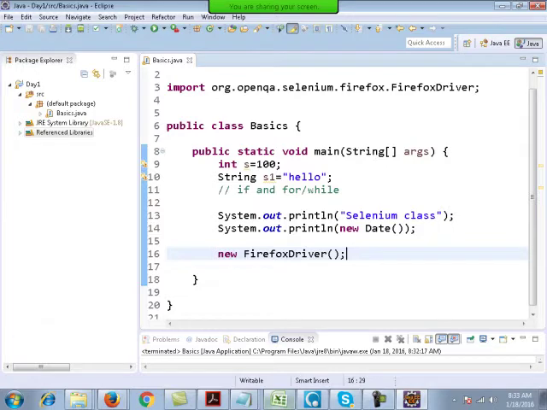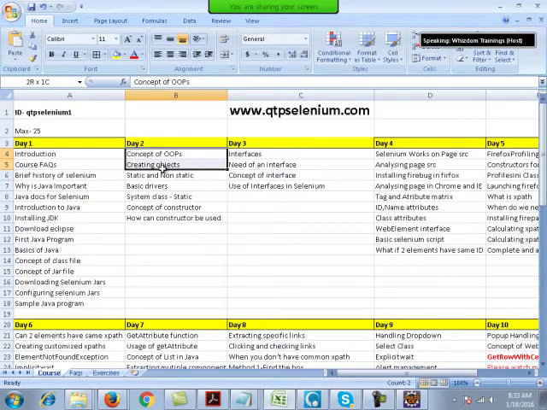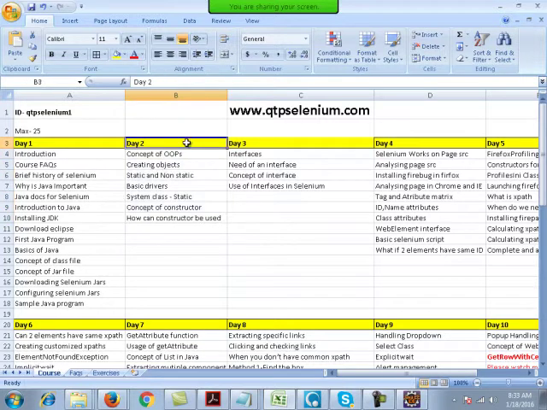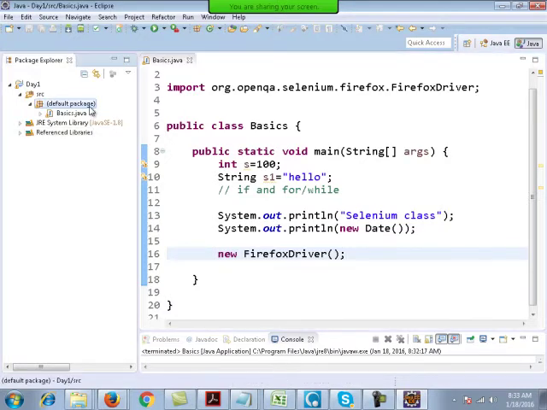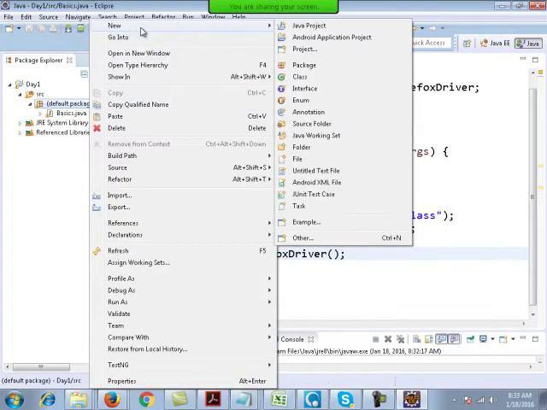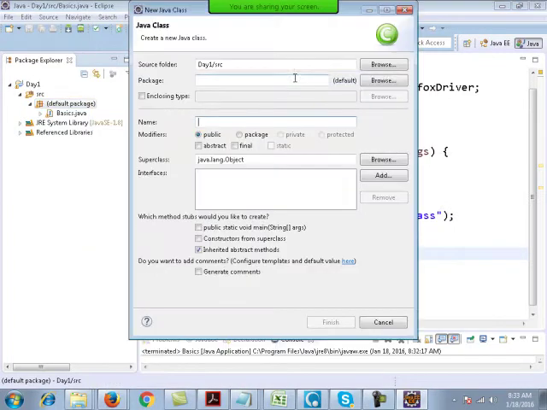So our focus now is the concept of object oriented programming: what is OOPS and how is it helpful. Taking a simple example, what do you mean by creating the object of a class? Let's go to Java now and I'll talk about objects.